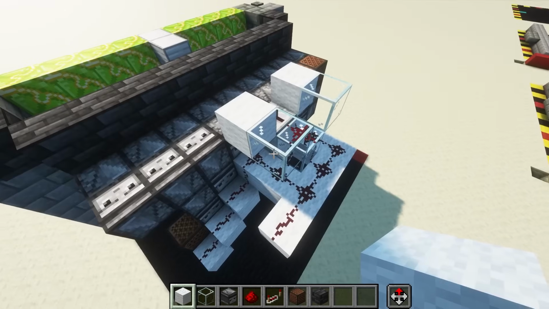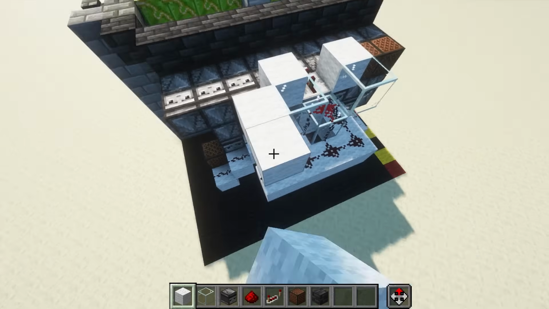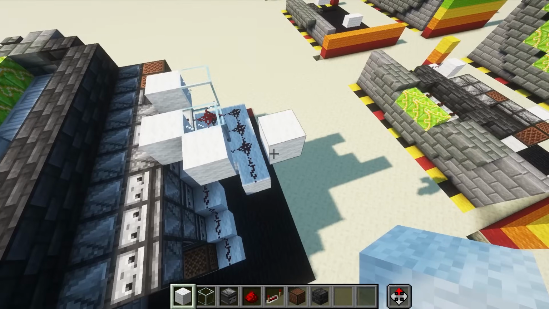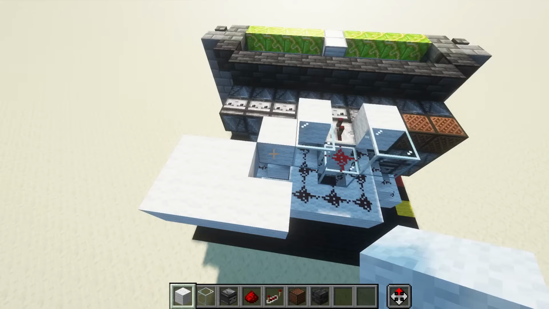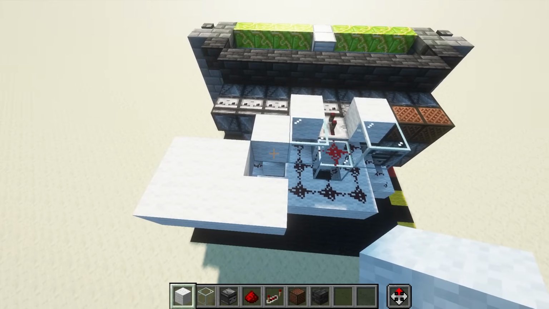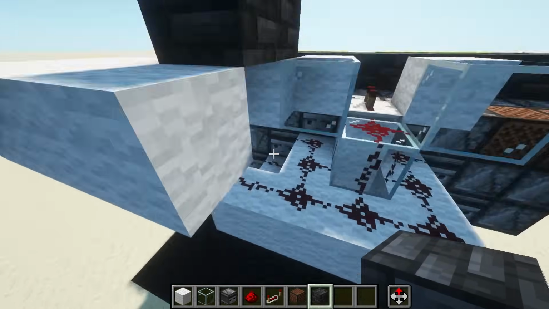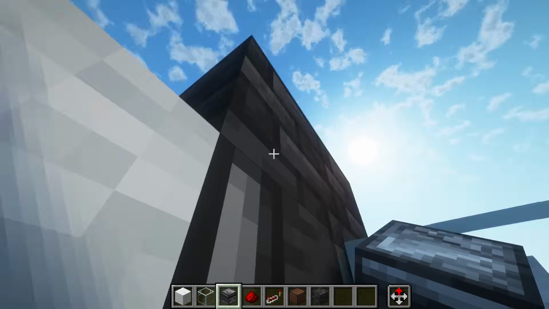We're going to continue our wool on this side of the glass here. We're going to come out by 2, but we're going to break this one. And then we're going to fill in 2 by 2 in this area here. So now we have this kind of little 2 by 3, except there's a hole here in the middle. We're going to place a temporary block above this space, come underneath it, and add an observer facing up, and